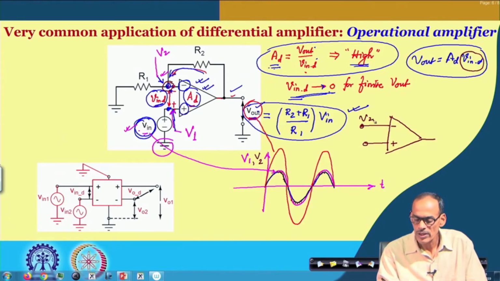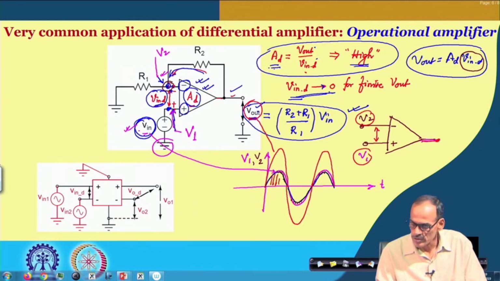So, we do have V2 here, and then we do have V1 here, and these two voltages are very close to each other. Then this output, of course, we are expecting it primarily to be an amplified version of this differential. With progress of time, if you see this voltage and this voltage, they do have a big common signal. If I take the average of these two signals, it has a big common mode signal. So, with respect to ground,